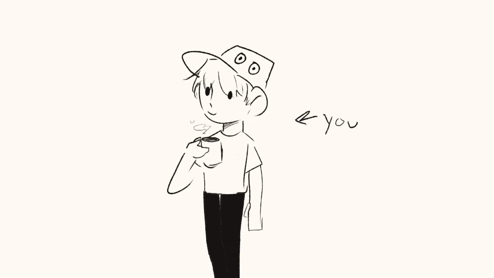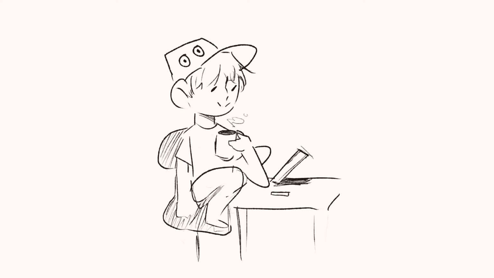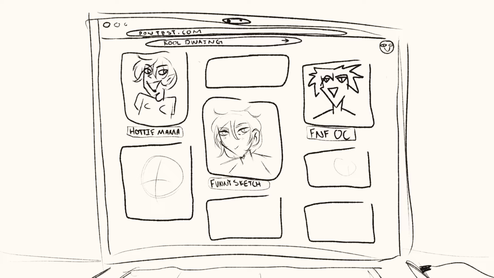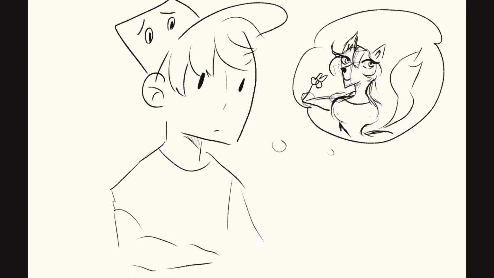Let's say that this is you. You sit down, or you're ready to sit down to make some art. You maybe have a cup of tea in your hand, and you are all ready to go. But first, you need to get some inspiration on maybe popular sites like Pinterest. But you start looking at all these different artists, you start looking at their different art, and you wonder, what sets your art apart from the others?